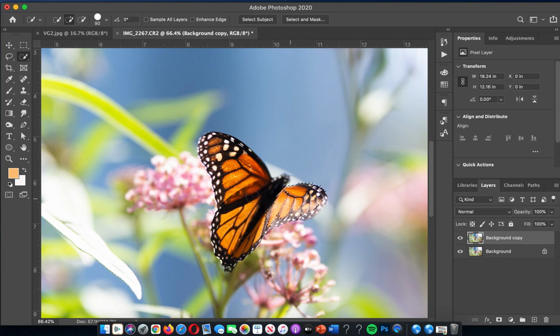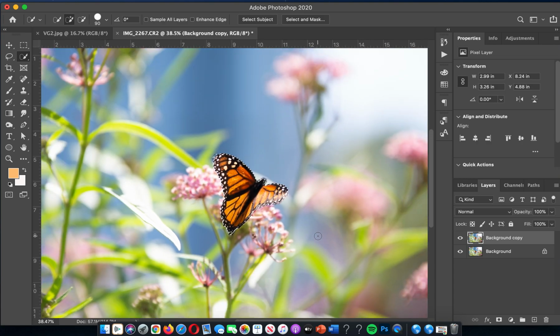I have a pretty shallow depth of field, but just say I want to make it even more blurry in the background. This is how I might do that. So I might select the butterfly. In fact, I might even select a few more elements within the photograph to keep the same. So I might grab my lasso tool from here, add to selection, and then I'm going to say, oh, I want about